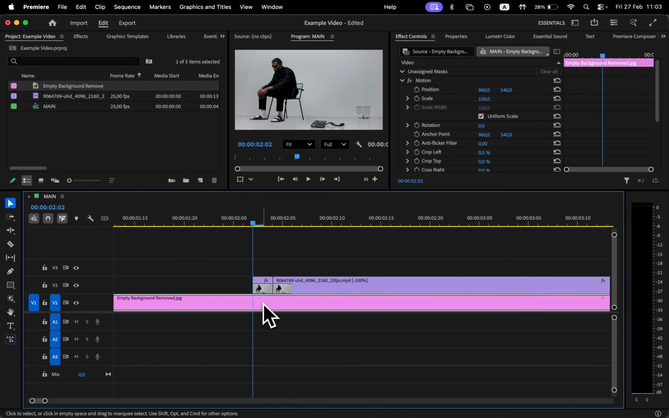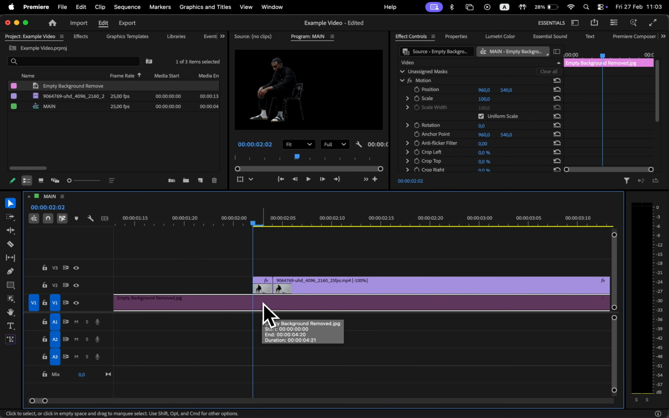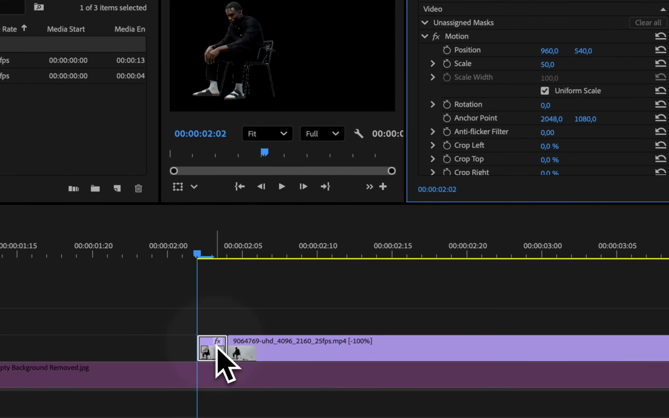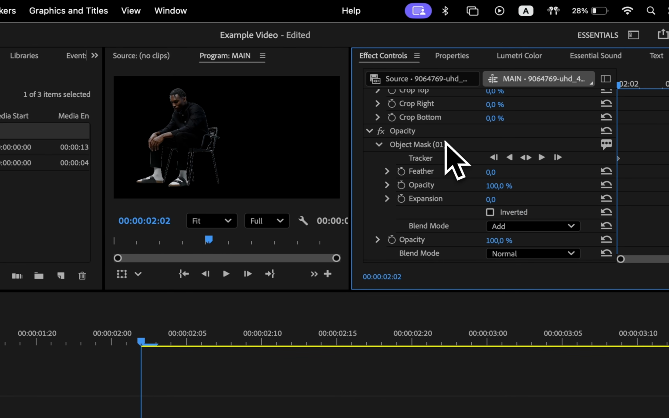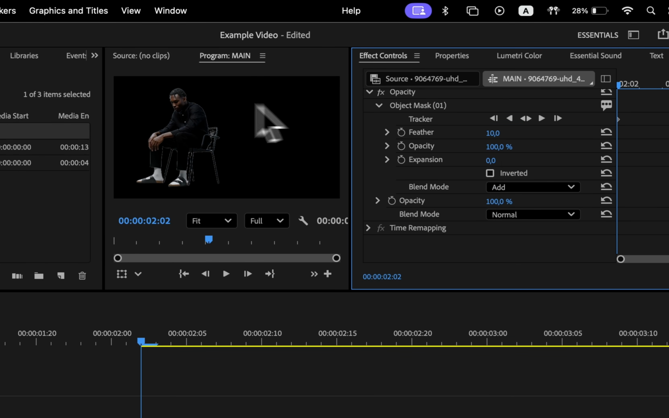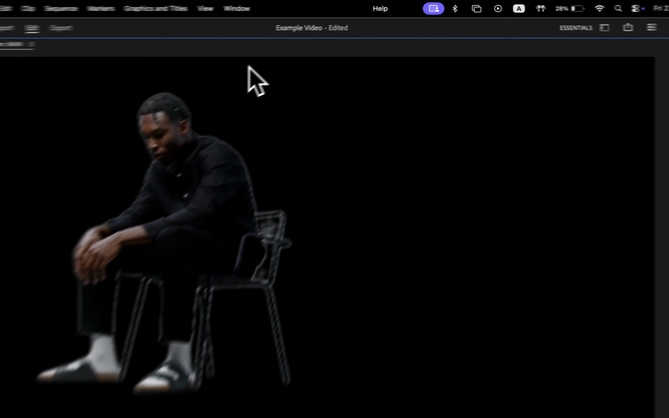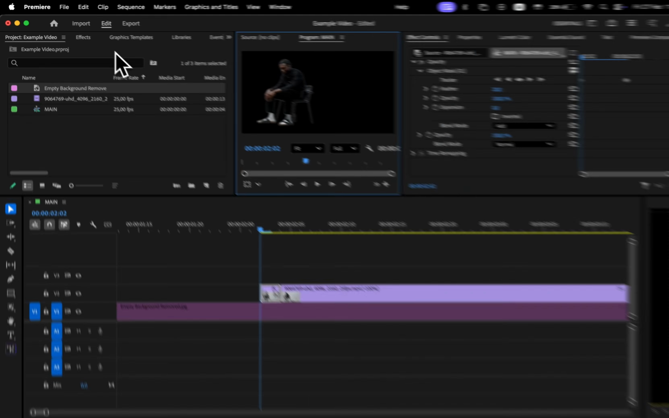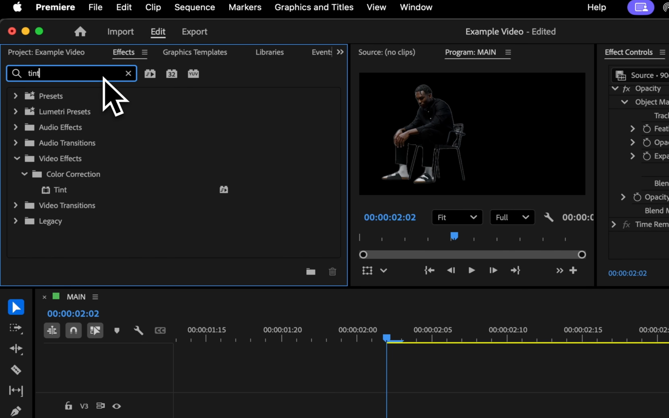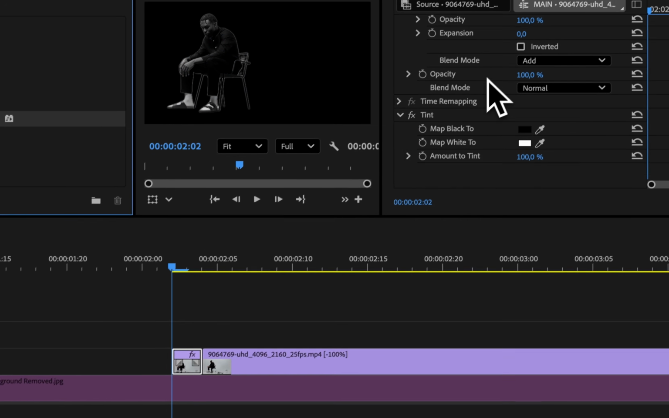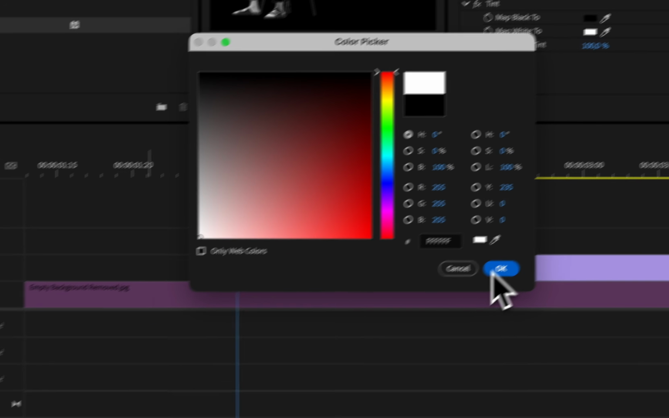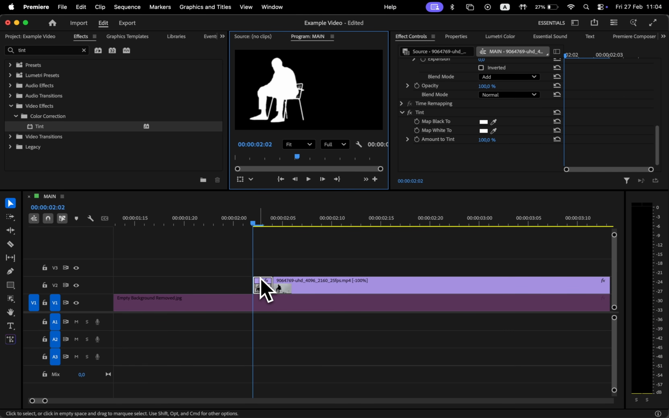By disabling the empty background layer, we will only see the subject. We can refine the selection to eliminate harsh edges by adjusting the feather to 10. For a smoother effect, you can even try setting it to 20. To make the selection white, go to the Effects panel and search for Tint. Map the black colors to white, and to add a glow effect, duplicate the layer by holding the Option or